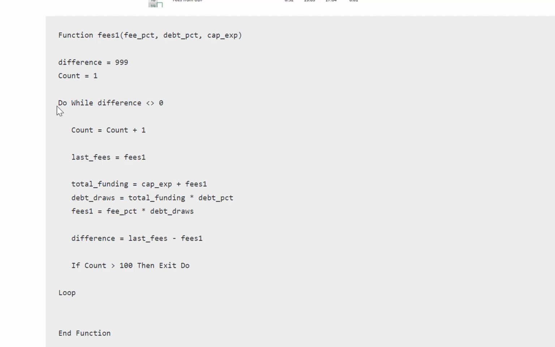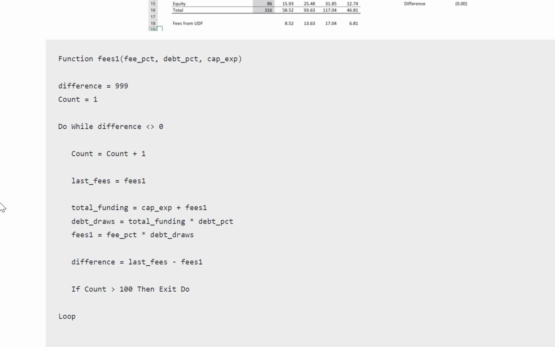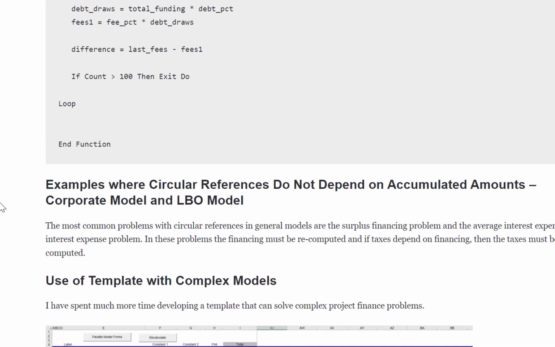The way we go around and around, we can use a do while, for, next, while, whatever you want. But in this case, you go around until the difference between the last increment, the last time you computed fees, which was 0, and what you just computed is zero. If that difference is not equal to 0, you keep going around and around, just like a copy paste. That's the basic idea. And then once you've done that,